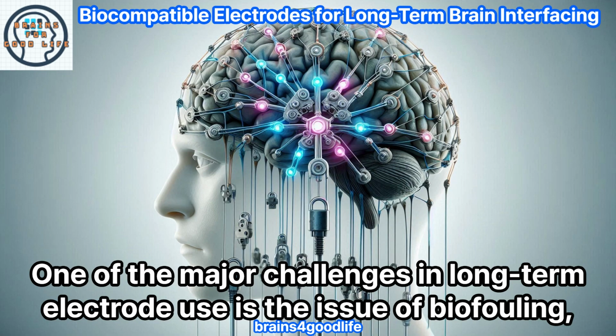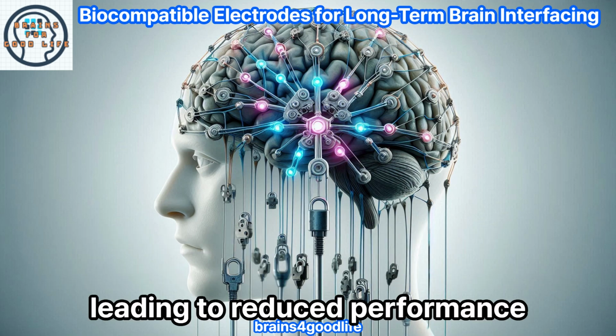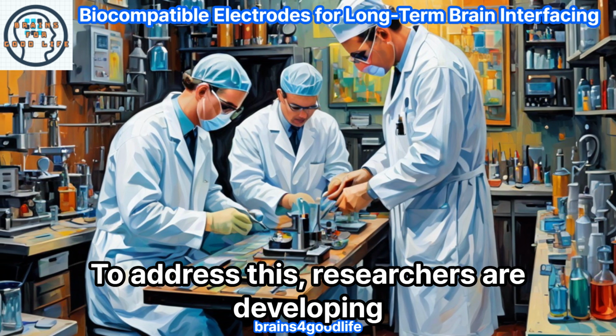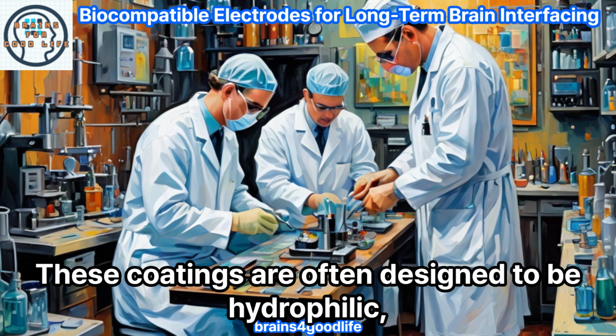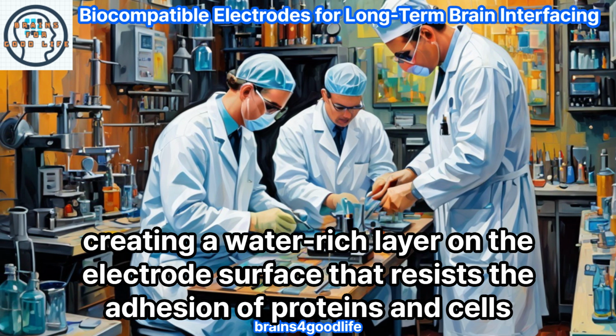One of the major challenges in long-term electrode use is the issue of biofouling, where proteins and other biological molecules accumulate on the electrode surface, leading to reduced performance. To address this, researchers are developing anti-fouling coatings that prevent the accumulation of such molecules. These coatings are often designed to be hydrophilic, creating a water-rich layer on the electrode surface that resists the adhesion